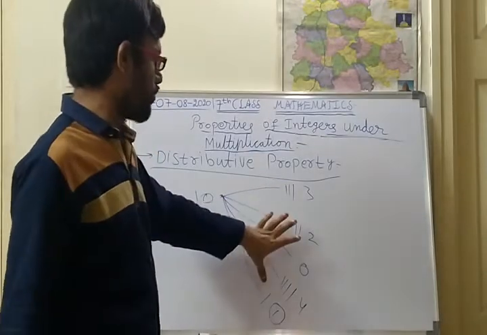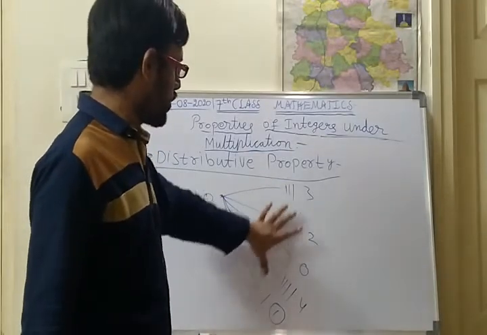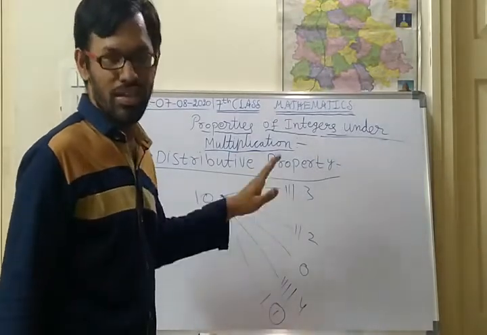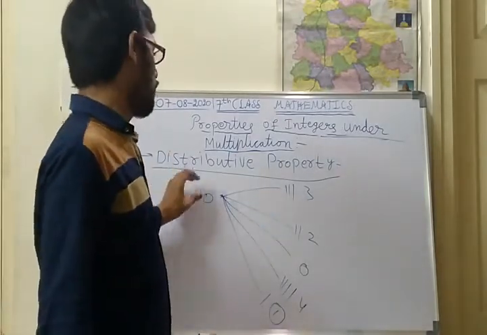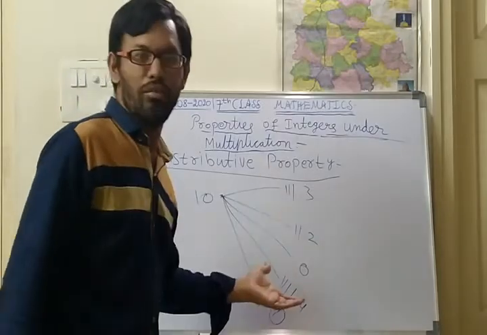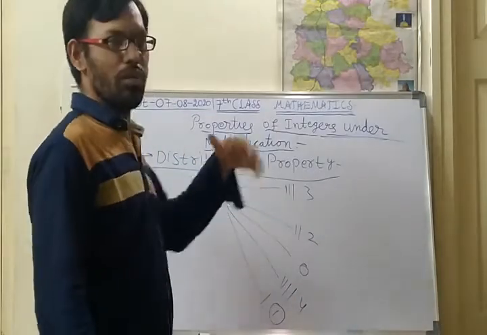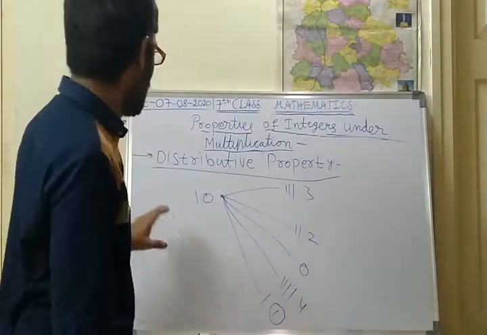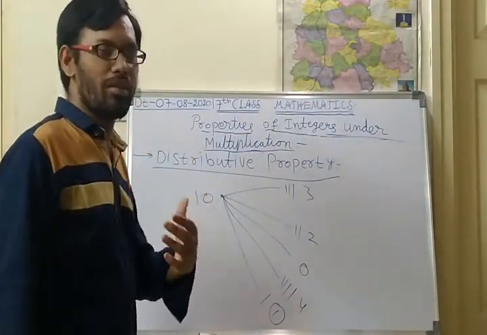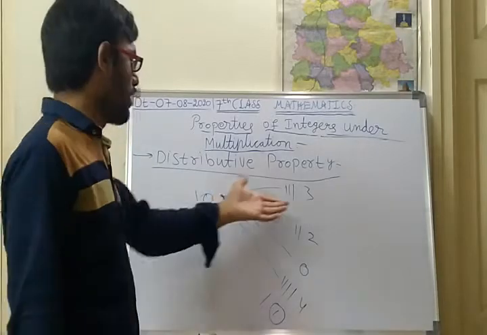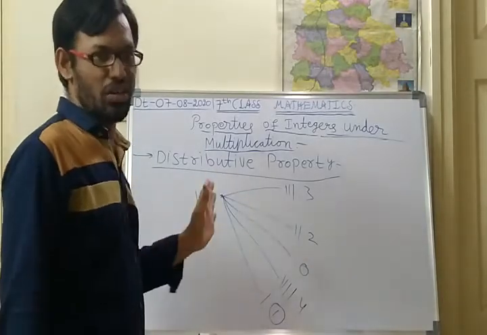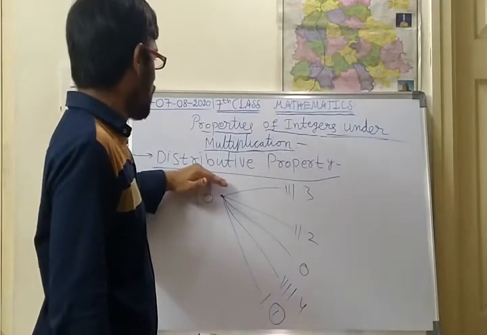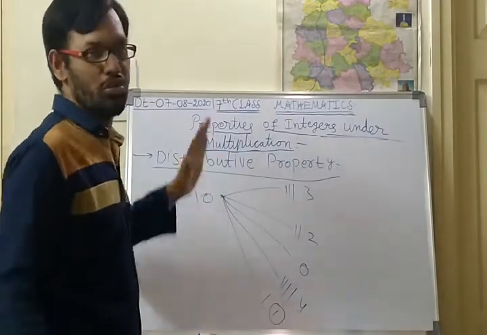So here you will be distributing equally to all your friends. If there are more chocolates and more friends, you will be sharing equally. Is it right? If not, there might be some clashes between you and your friends. So that is what the distributive property is talking about.